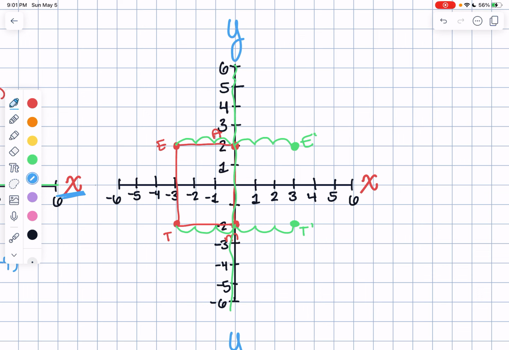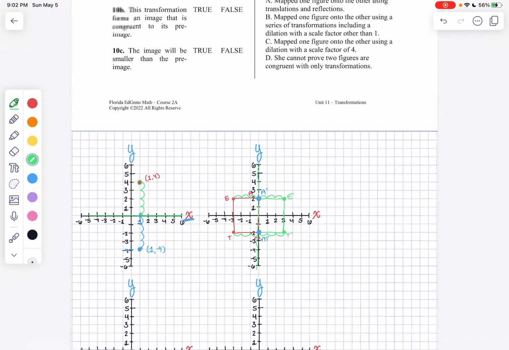A and M are both right on the line, okay? So when I flip this image over the axis, A and M stay in the same place, okay? A prime and M prime are in the exact same positions as A and M, okay? And this new figure, okay, team prime, flipped over the y-axis, but A and M really just stayed in the same places, okay? All right, let's move on